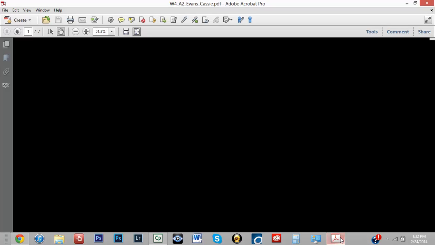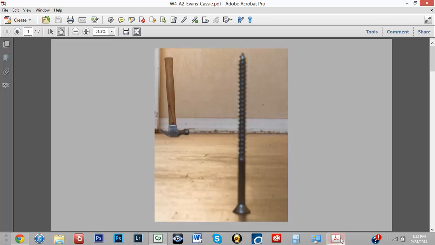And then last but not least, let's look at Cassie's here. Again, I like it. This is tough because this definitely appears to be bigger, did it in camera, but having something this close to the camera, it's really hard to get it in focus and also have this in focus. You need a really small aperture. The other thing is maybe just back this up enough that it's sitting right here, so it's still a little taller than the hammer, but not